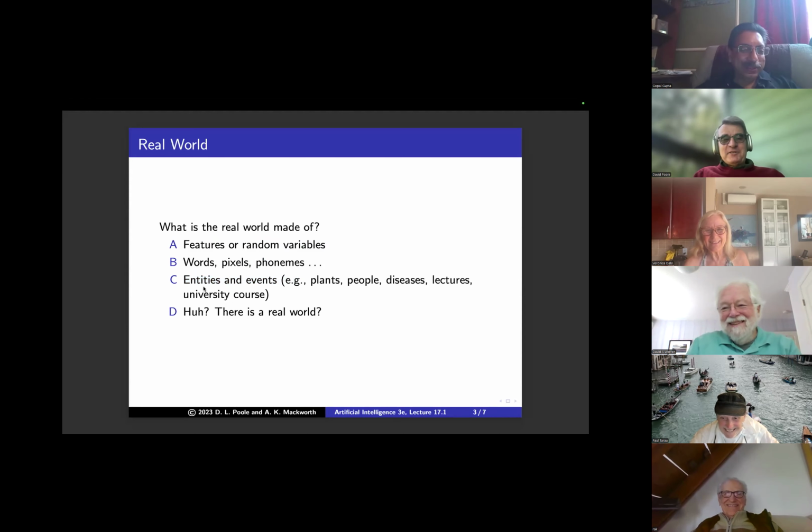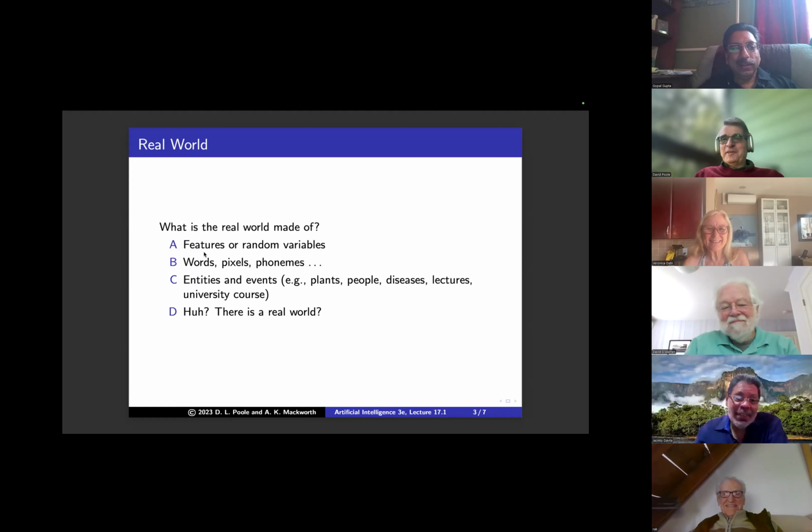Oh, yeah. Actually, it's interesting. Half the students pick C and half of them pick D. Wow. Very few of them pick A or B. Even those who've been indoctrinated with, and they'll say, oh, yeah.